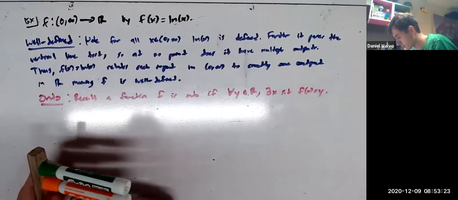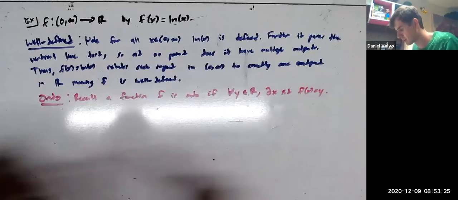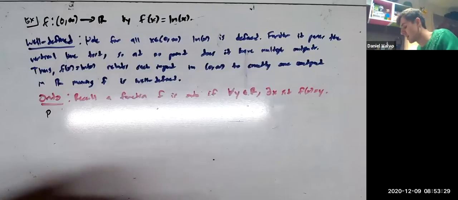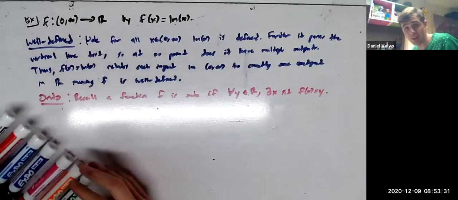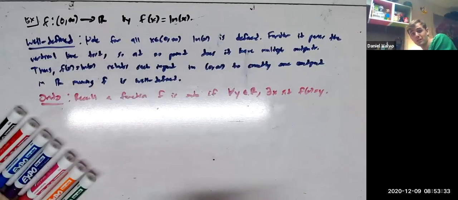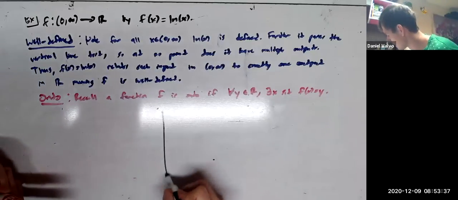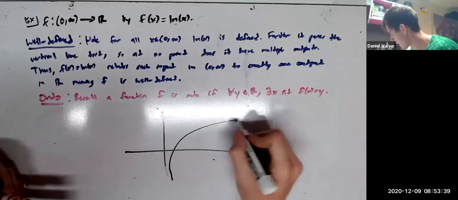So, let's just prove it. The proof goes like this. Oh, by the way, we should first ask ourselves, is ln of x one-to-one or onto? And again, I'm going to go to the graph because it's the best visualization we have for ln of x. And if you look at the graph,